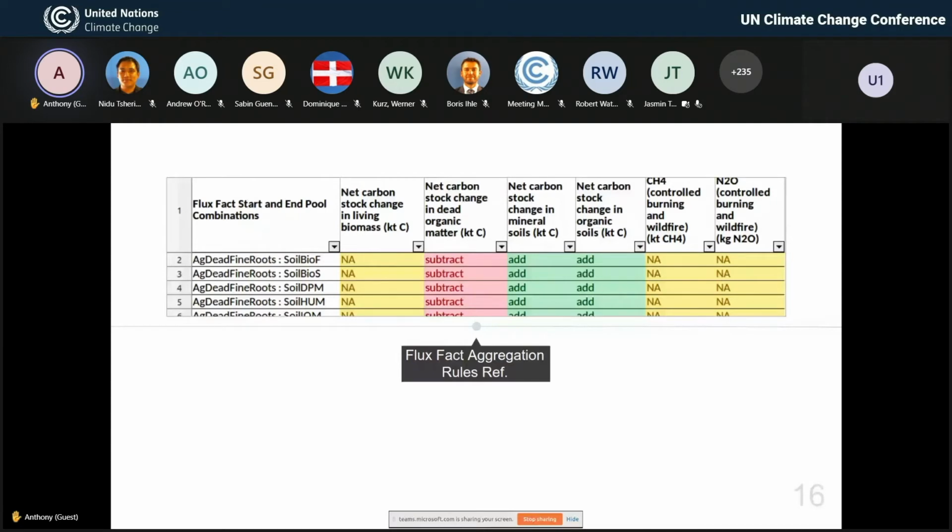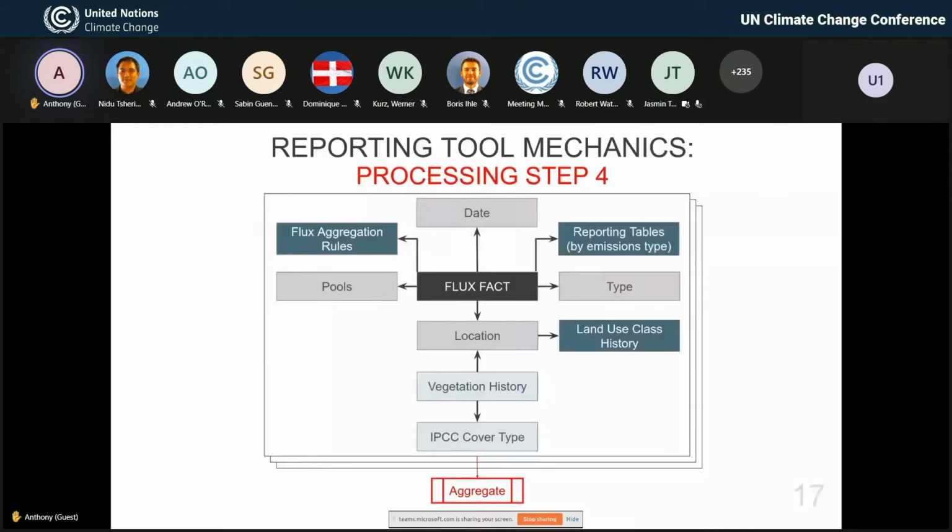Then at the end, you have the original Flint database transformed into a database that has a flux fact mapped to how it should be aggregated, the tables that it should be aggregated under, and the land uses for the aggregation. After it has this final picture at hand, the reporting tool goes through all the fluxes and aggregates them to create the CRF tables for UNFCCC reporting.